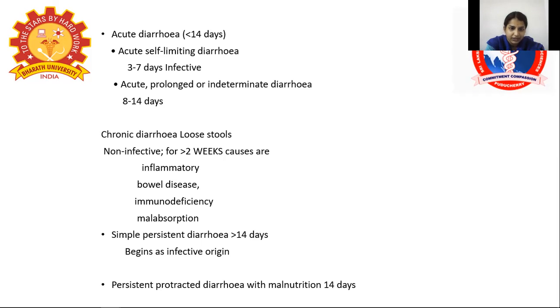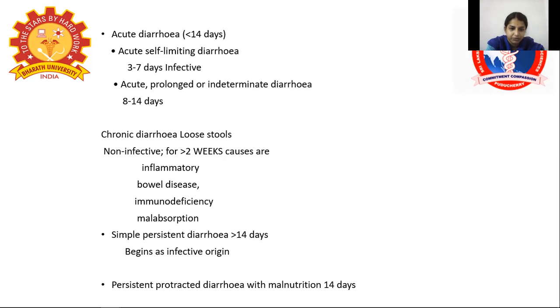Chronic diarrhea, in this the loose stools are usually non-infective and they present for more than 2 weeks. Usually the causes are inflammatory, or there can be any bowel pathology like IBD, inflammatory bowel disease, infectious bowel disease, or irritable bowel disease,